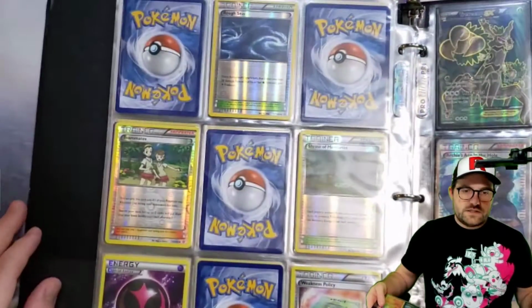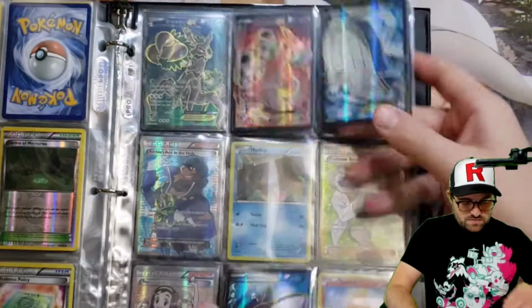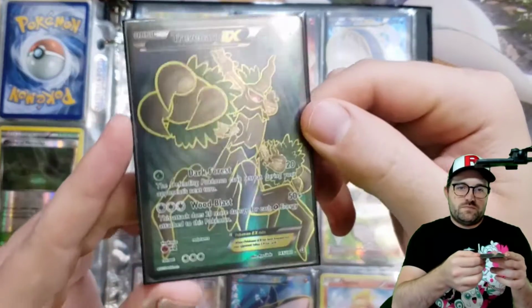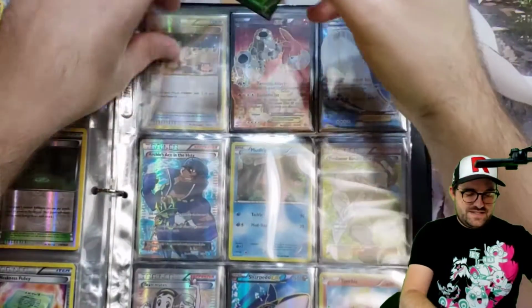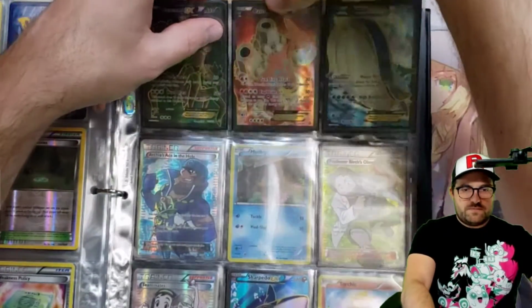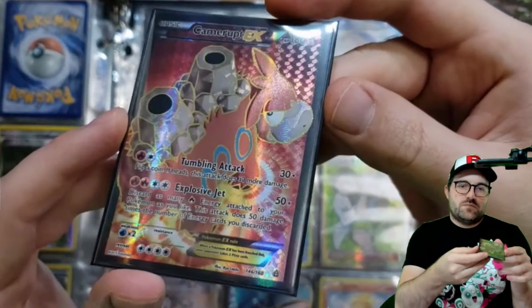Now we get into the final stuff here. We have so many holes in our set here that we can see through to the next page. I'll ask you guys to not peek. We have Camerupt. Maybe we'll go through these quick, and then I'm going to have to burn some energy from